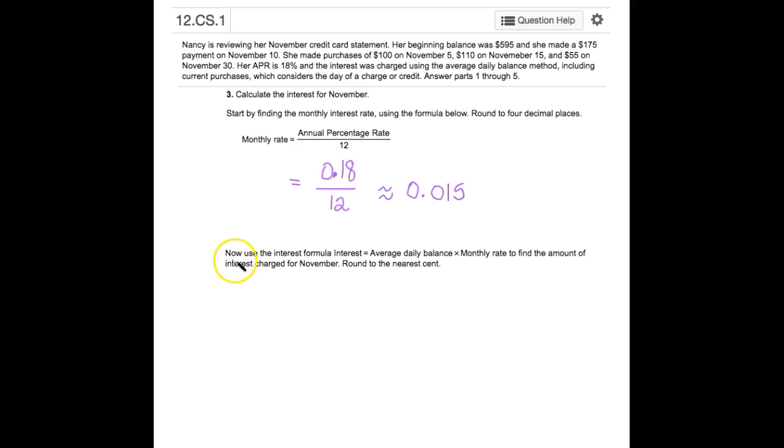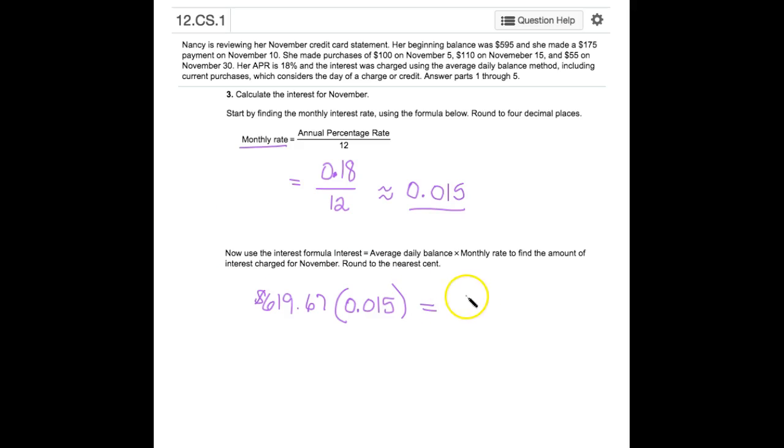And then we want to use the interest formula. Interest equals average daily balance times the monthly rate. So remember, the average daily balance was what we found in step 2. That was $619.67. And we want to multiply that by the monthly rate. And that's what we just found from the first formula. So this amount here is the monthly rate. So we're going to go ahead and multiply that by